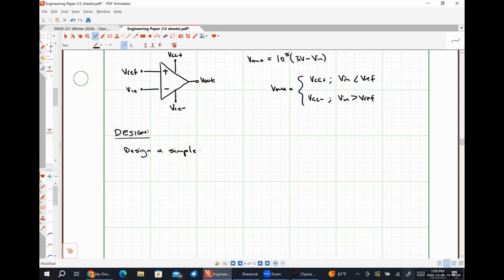I want you to design a simple analog to digital converter, also known as an ADC,